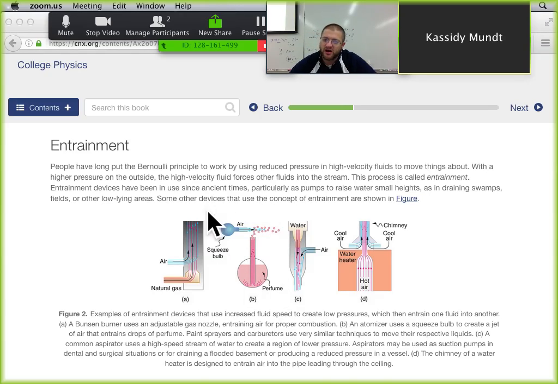So this is what is called an atomizer, and they use them for perfume. You just have a tube that goes down into the liquid here, and then you squeeze fast moving air across the top, and it actually lowers the pressure above the liquid to the point that the liquid actually releases individual atoms of air. So it actually turns it into a gas.